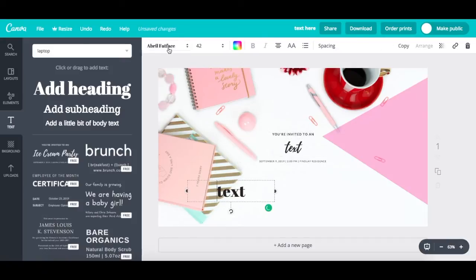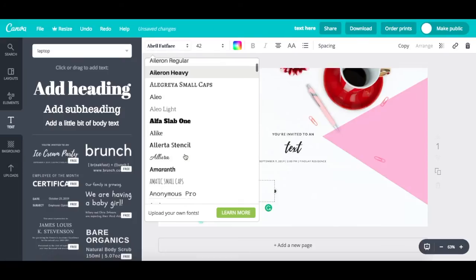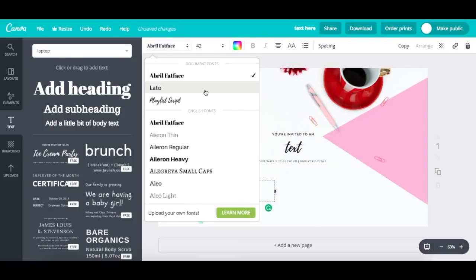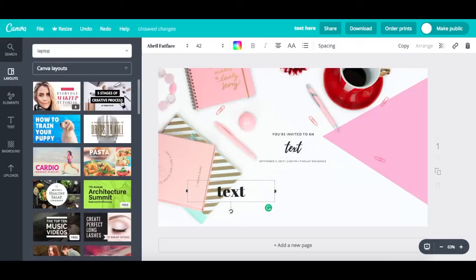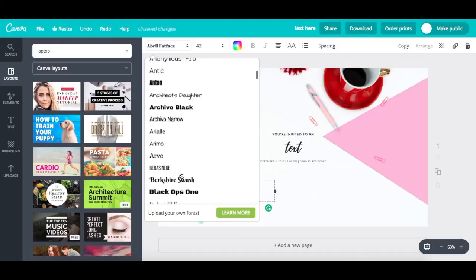Much like Photoshop, you can change the font, so all your fonts and all that kind of text formatting is up here. So you have a massive list of fonts up here. The ones that you've recently used whilst in this document will be listed up here as well. So if you click on a template, for example, in the layouts, if you click a layout specifically, the fonts that layout uses will be in here. So you can use the same fonts, or you can choose a whole different